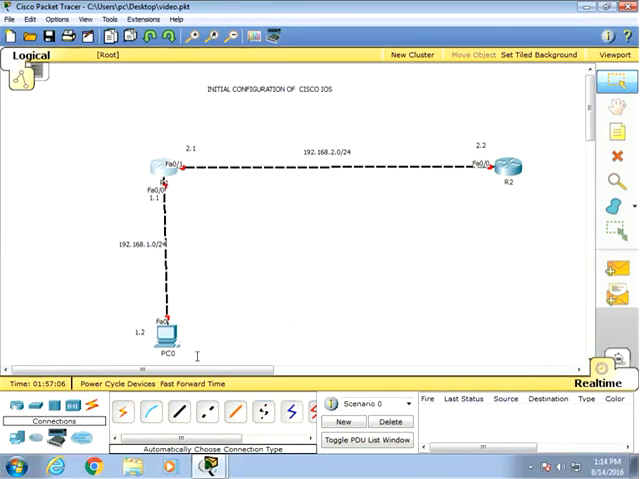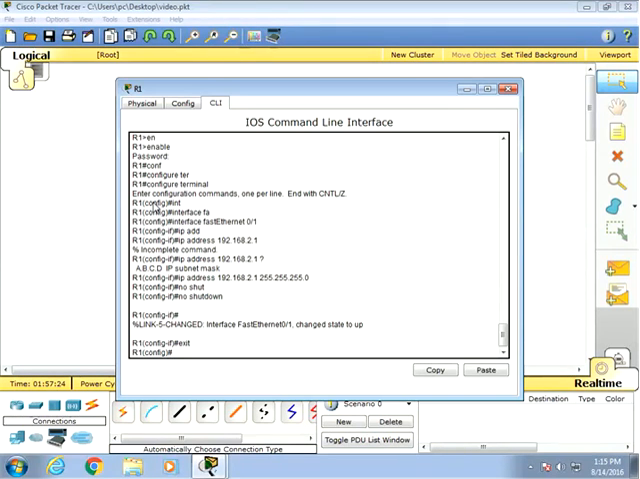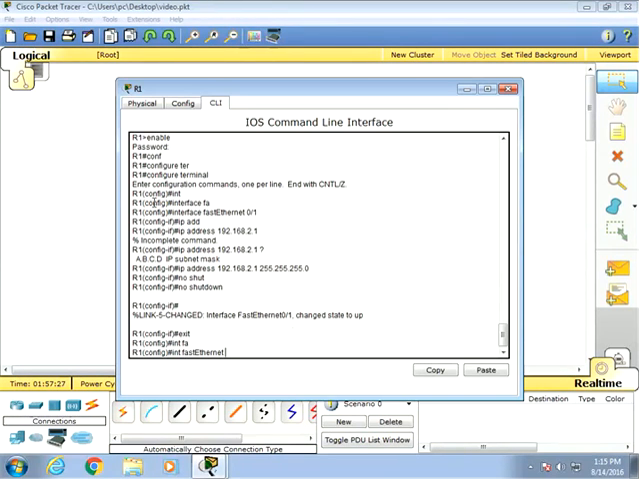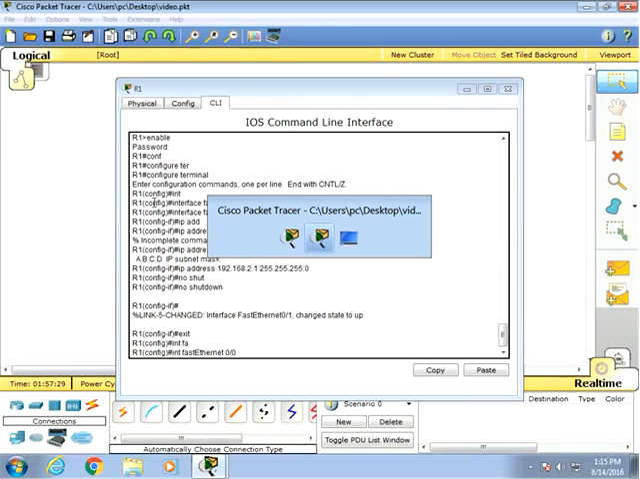Now let's go ahead and configure our fastethernet 0/0 interface in this router, and you can see as per the topology that it should be connected to the 1.0 subnet, and the IP address supposed to be configured on that interface is 1.1. So let's go ahead and configure that as well. Interface fastethernet 0/0,